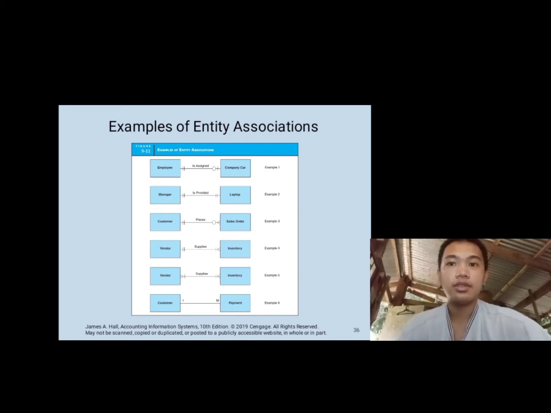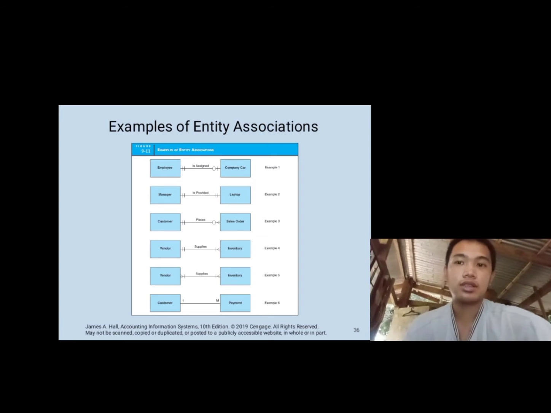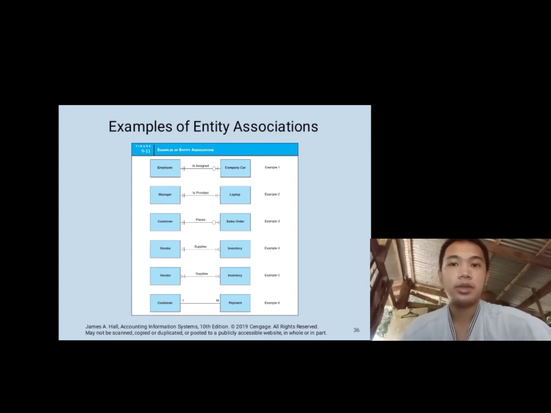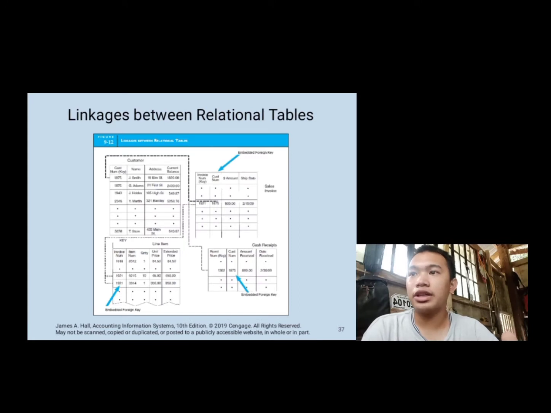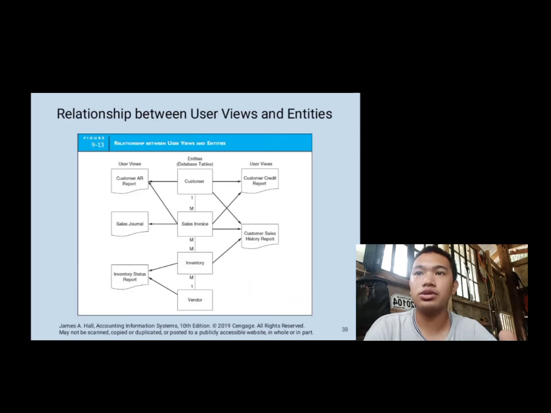Number 5, vendor supplies inventory. And example number 6, customer maybe receives payment. Here is also a figure that shows linkages between relational tables and a figure that shows relationship between user views